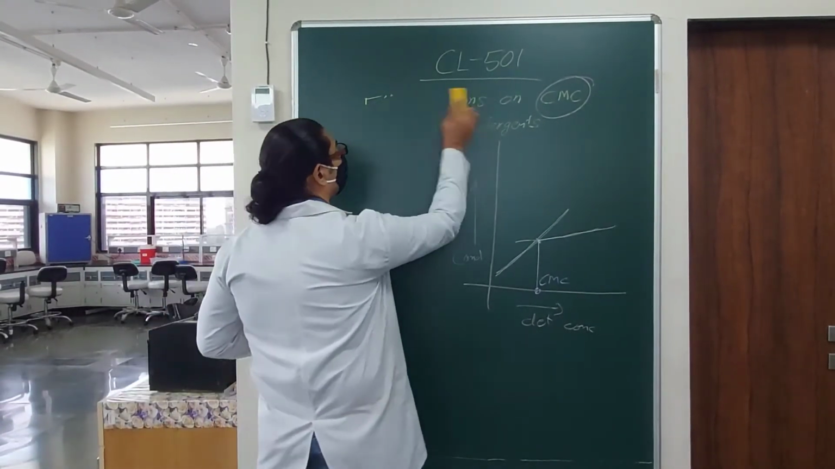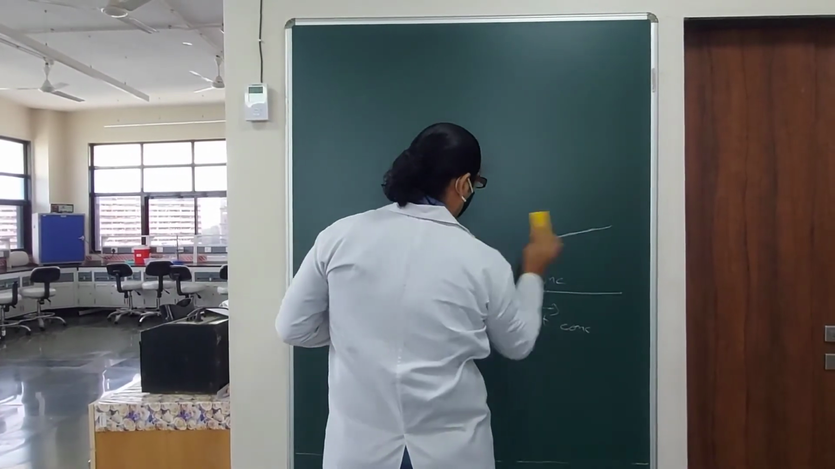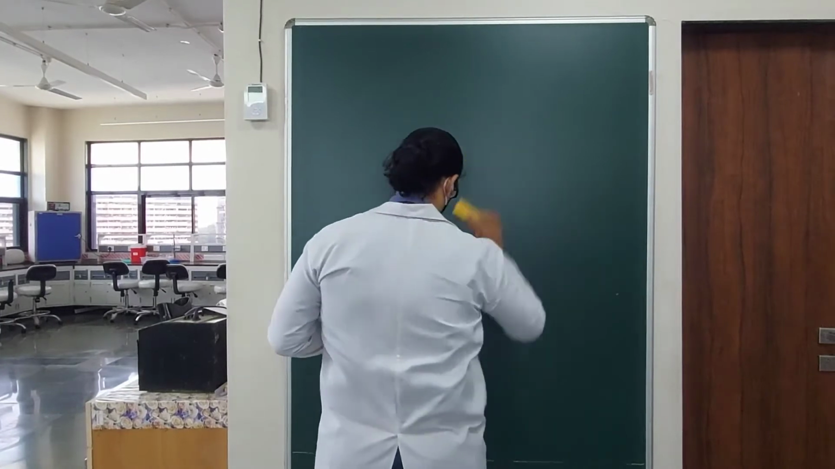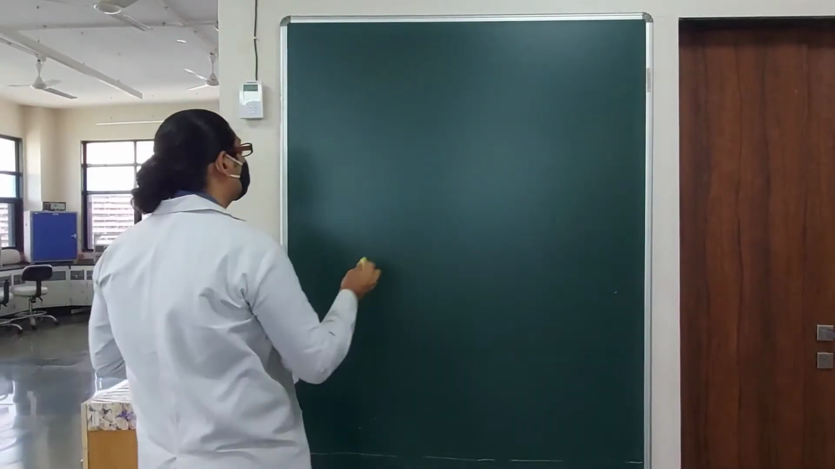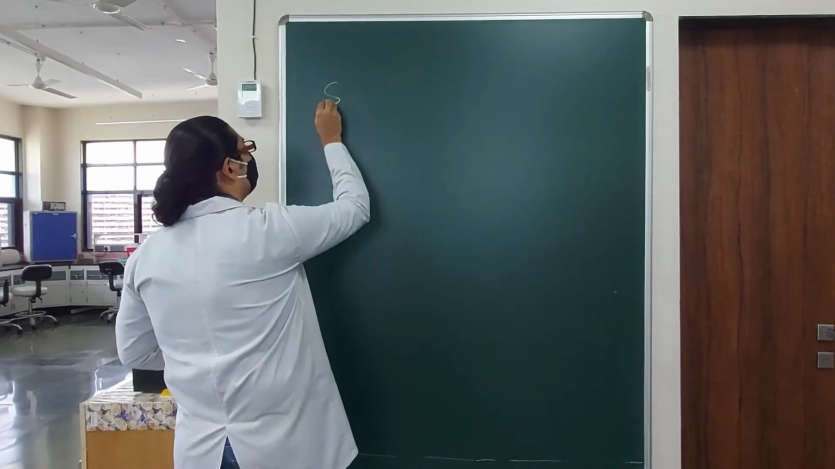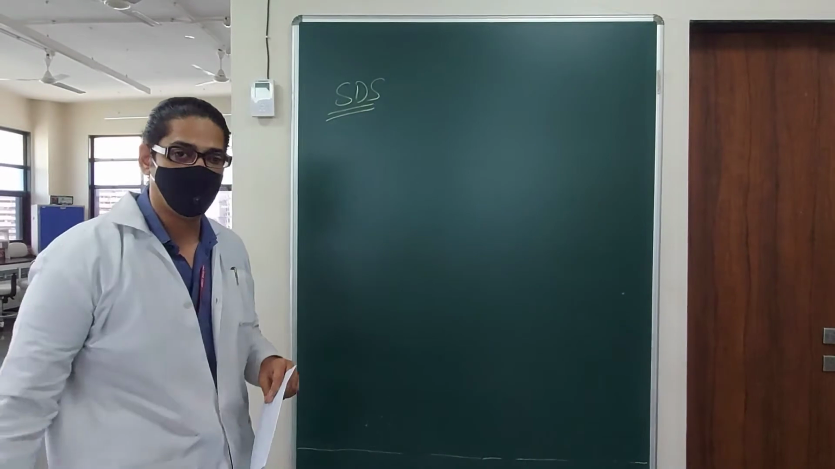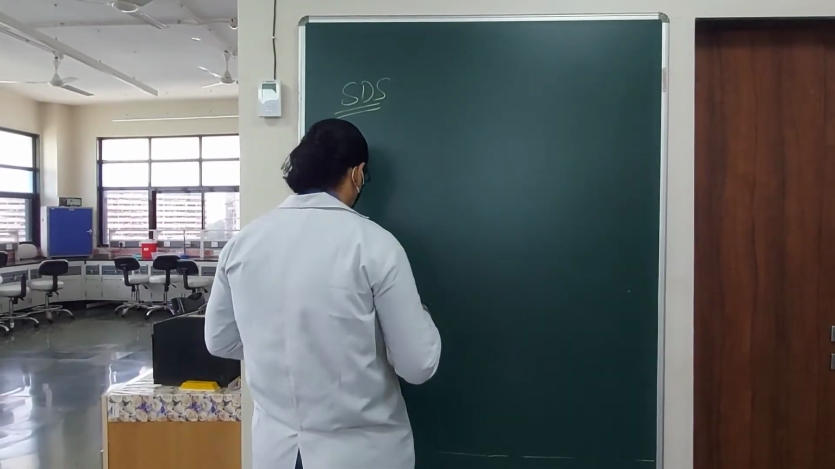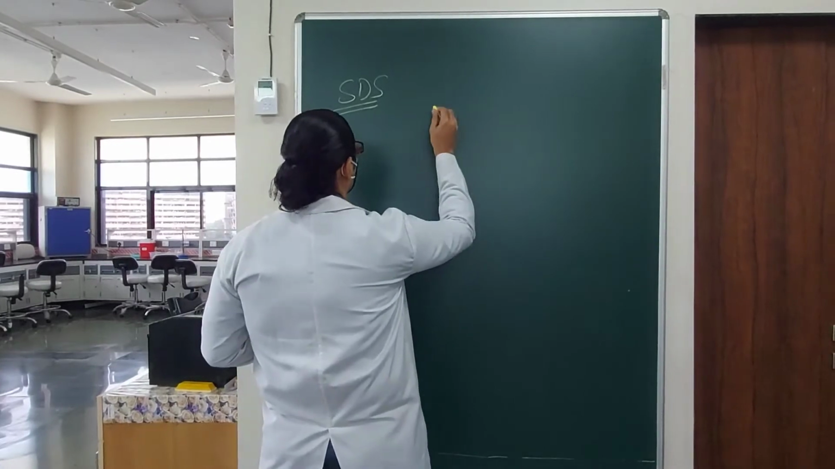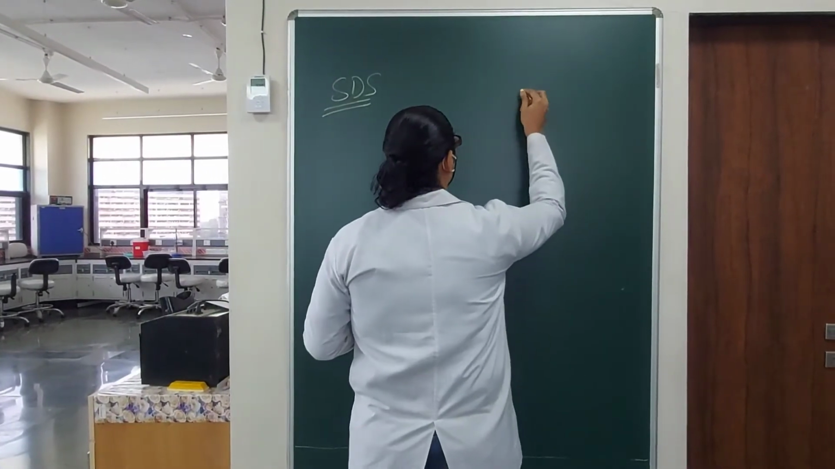Now, how do you do the change? What we are going to do today, we are going to see the effect of ions onto this critical micellar concentration. Now, what kind of ions we are talking about? We will see that effect onto detergents like SDS,